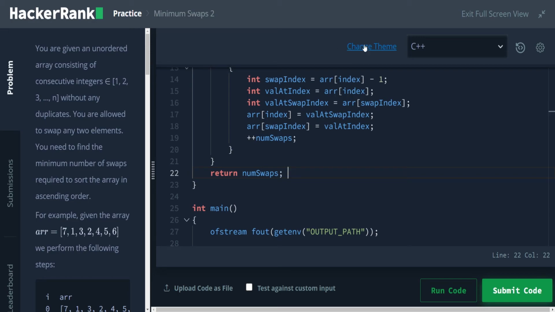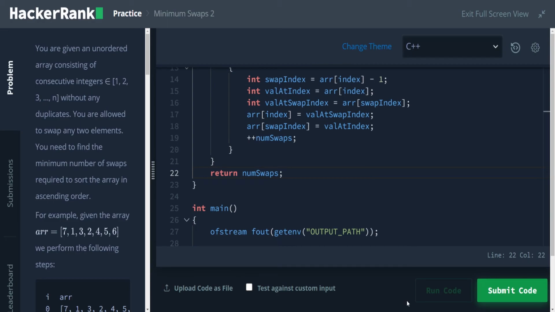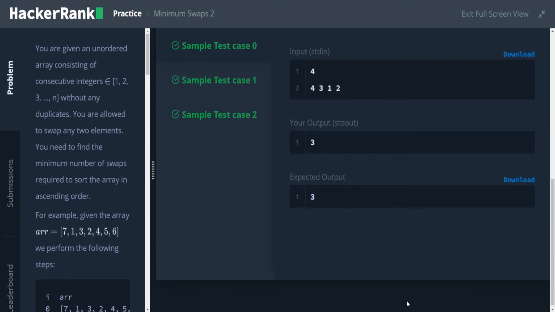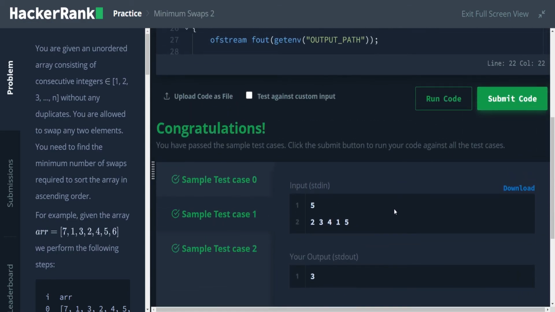And now let's run our code to see if this works. Bam. So there we go. We passed all the sample cases. And now let's test our efficiency levels. Oh, by the way,